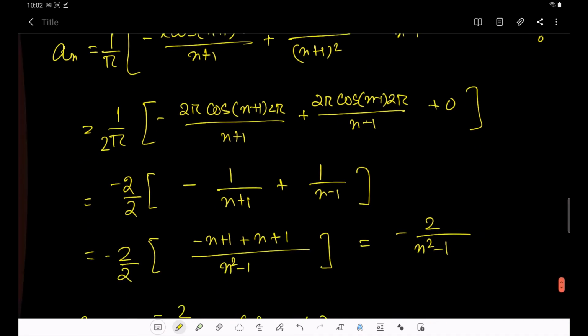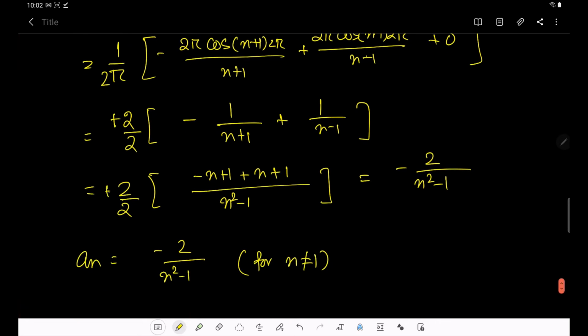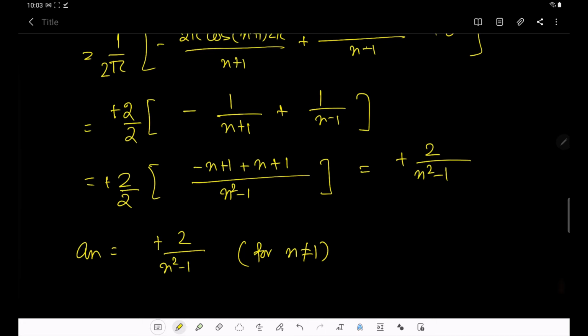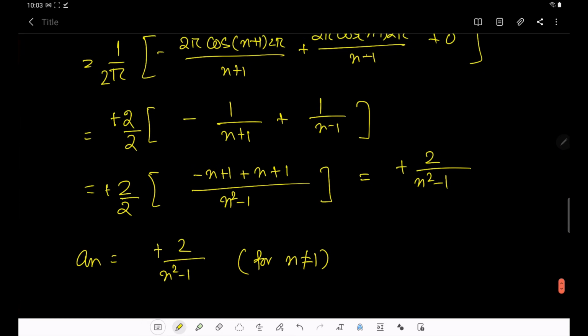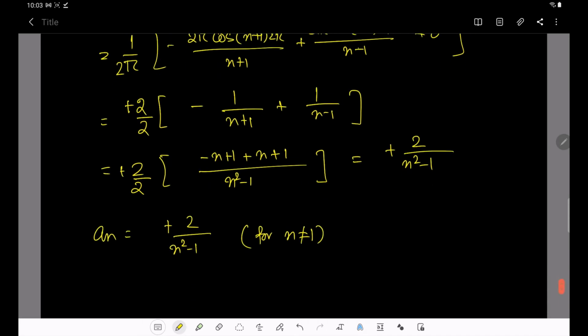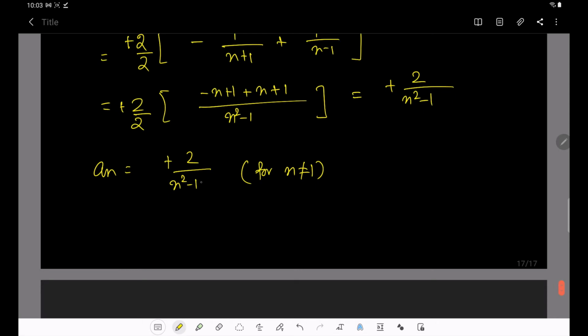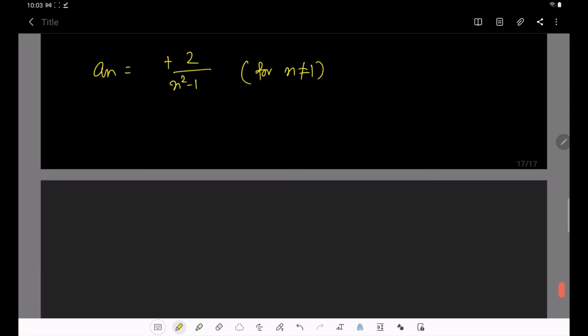So how did I get this minus sign? It is wrong. So we have to check the signs properly, otherwise we will be in trouble. So I made a mistake here, I guess. I wrote that negative sign here. It should not be there. So yeah, a_n is equal to 2 by n square minus 1. Now we have to find